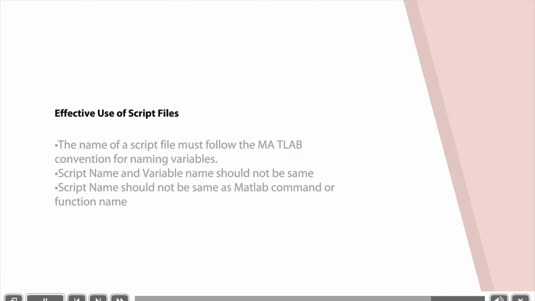So we can check to see if a command, function, or a file name already exists by using the exist command. For example, to see if a variable example1 already exists, we call the exist function and pass that variable example1. This will return a 0 if the variable does not exist and 1 if it does.